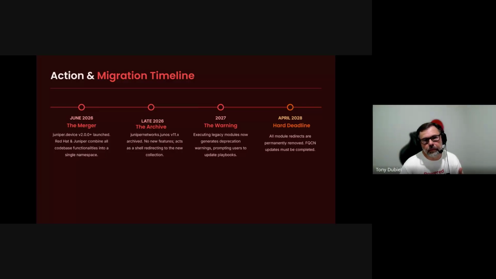Because if you didn't install Juniper Networks, you could use juniper.device today, and all of those same modules are available if you call them based off of the updated, fully qualified collection name. That would mean if you had old playbooks, you have to go through and rewrite those. So to avoid that, if you have the Juniper Networks installed, you can continue to leverage that, along with a